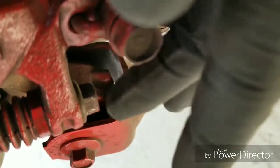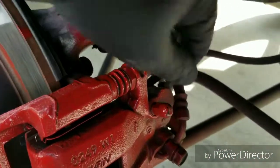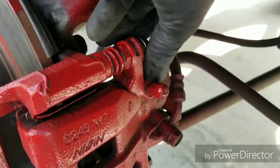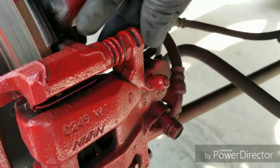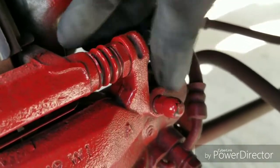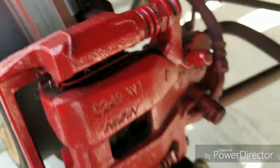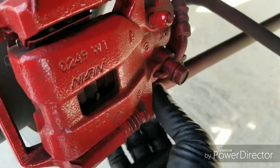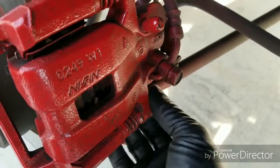As you can see, I already loosened it. So it's a 12 millimeter at the bottom. And it's a 12 at the top. So get your 12 millimeter wrench or ratchet, whichever way you want to do it. If you can get some vice grips on there, get it loose. Whatever you use to get it loose. But the actual size of the bolt is 12. And once you loosen these,